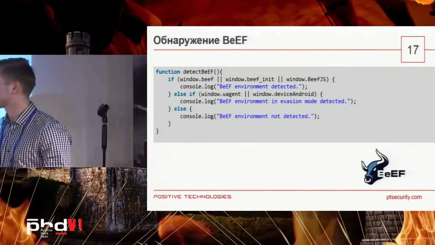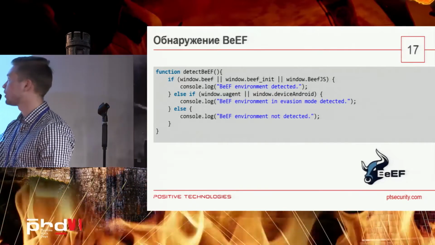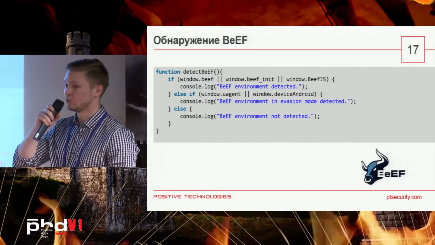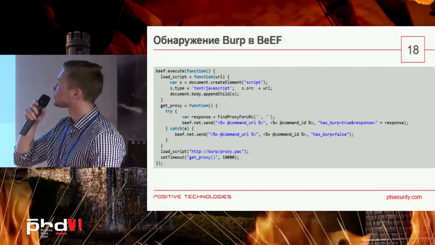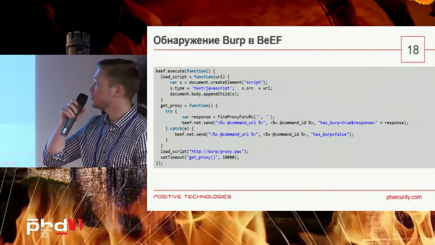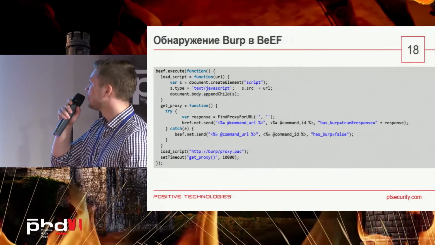In the former, despite their attempts to mask those properties, we still can use methods that are only typical of Beef. On this slide, you can see how Beef itself detects